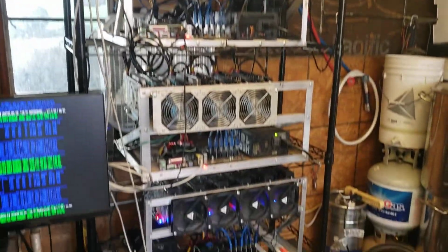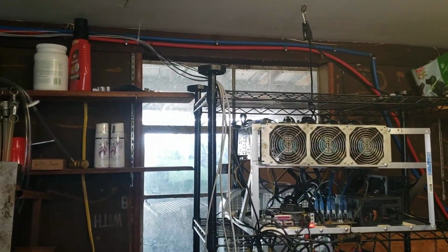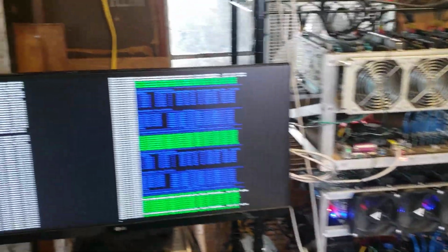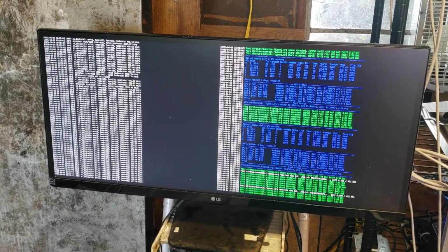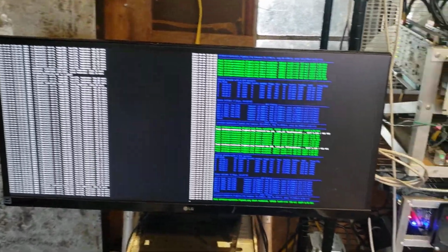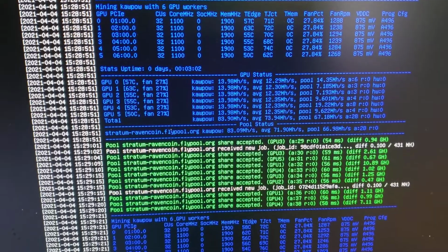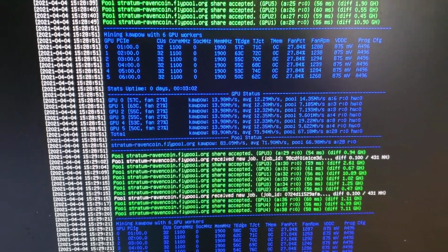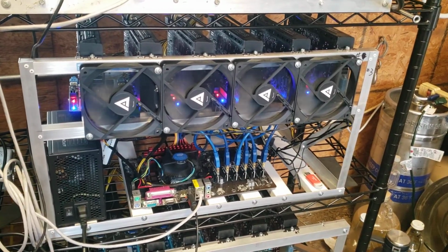Put most of my miners in a rack like this, just a Home Depot rack. Ran some network cables over. Right there you can see on the left hand side, that's one of the Vertcoin miners, and that's some Ravencoin right there. This one's not doing too bad. That is that rig right there,